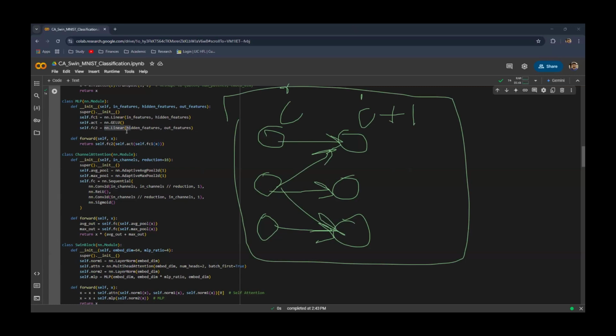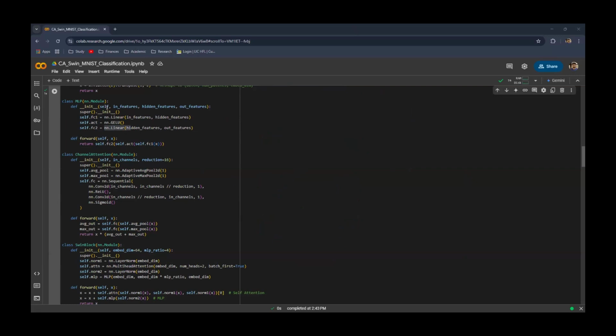Let's have some basic terminology clear here. The input images are first transformed into various patches. These patches are then assigned various codes using the patch embedding layers, and then these embedded patches,